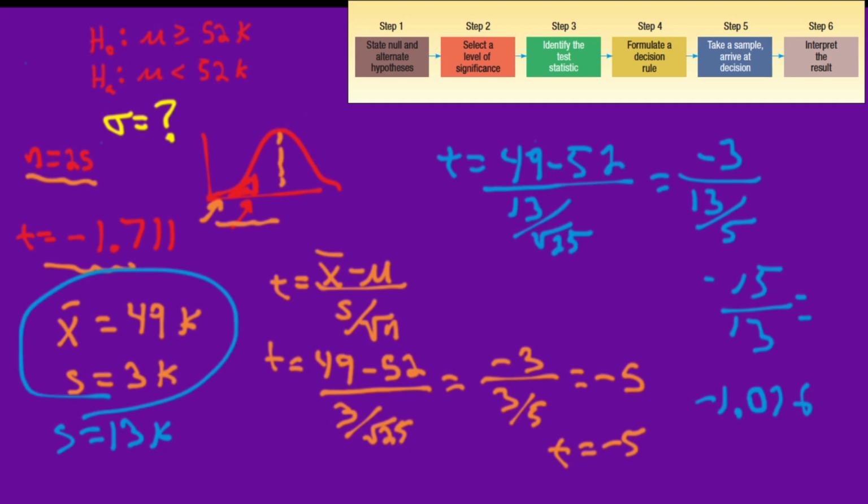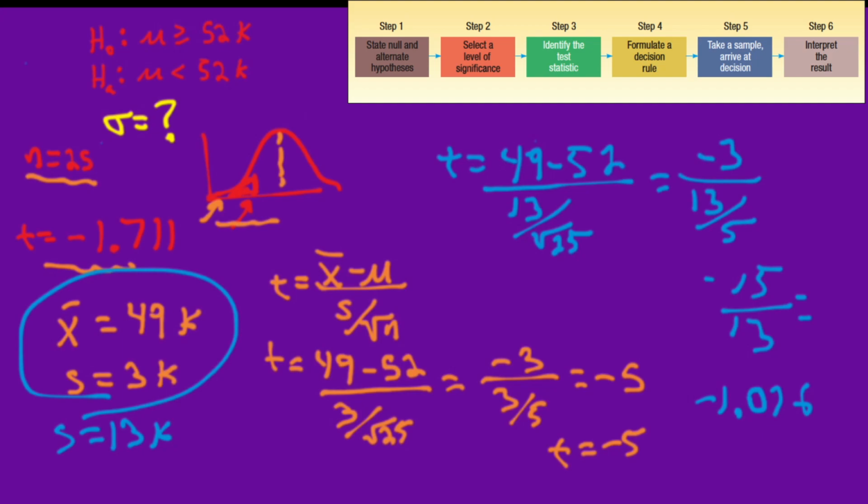In the previous video, we looked at step 5, taking a sample and arriving at a decision. Now, when we go to interpret that result, there's a little bit of nuance that I want to talk about. So in our past examples, we've been working with a couple of examples, and namely, here we're looking at this statement that the mean income in a population or in a community here is